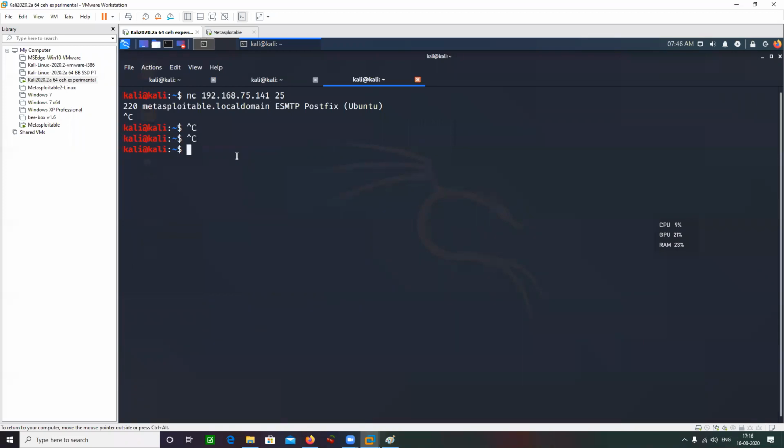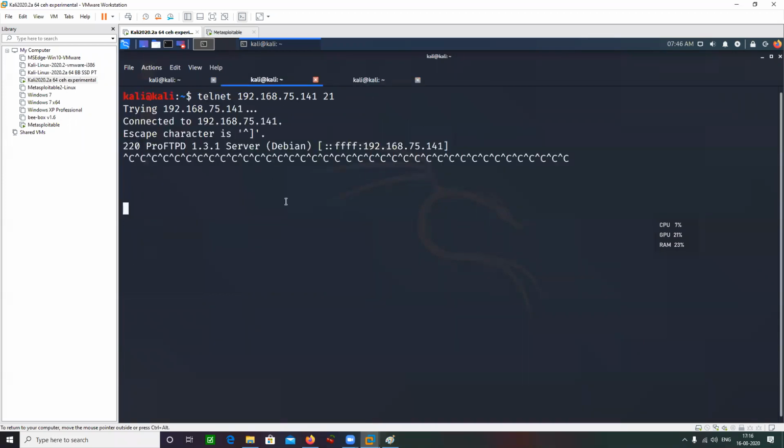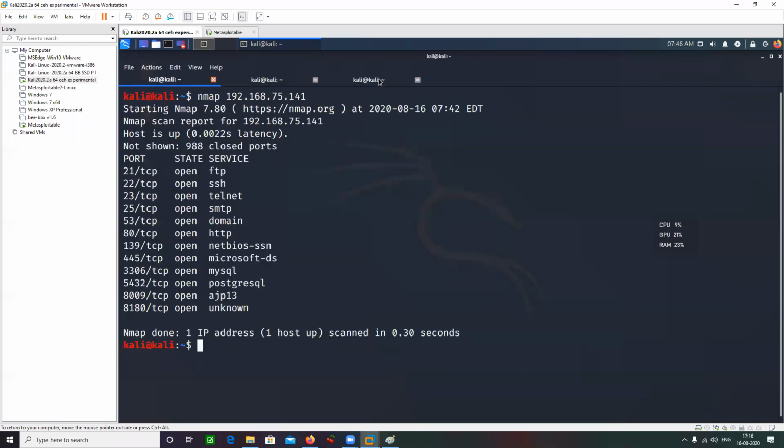Now this was your manual and tedious way of doing a banner grab. Through Nmap, you can automate this task. You can ask Nmap to do this automatically for you. How is that possible? That is possible through a version detection scan. That is done by hyphen capital V. So hyphen capital V is used for performing a version detection scan. Just press enter. Let's see.